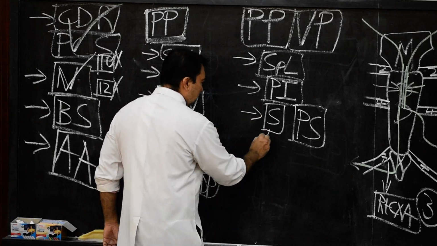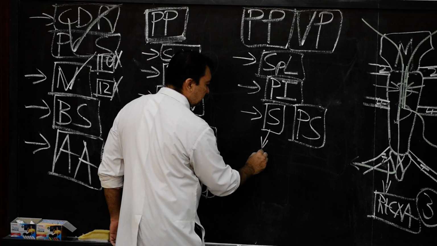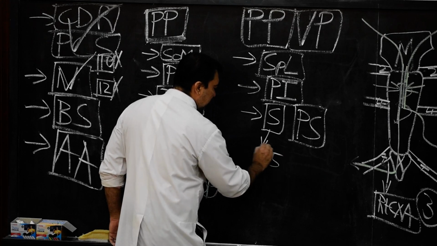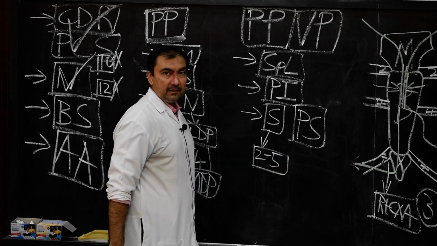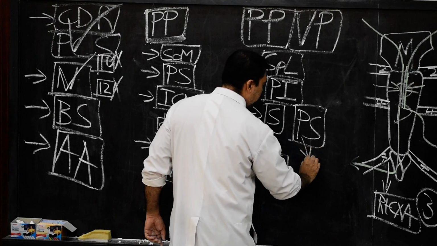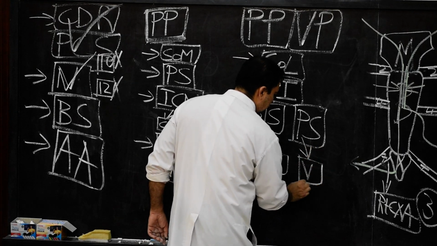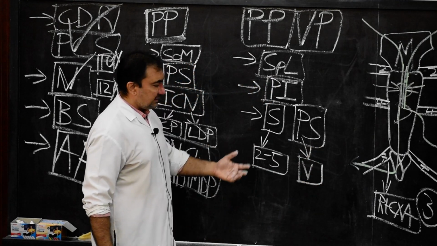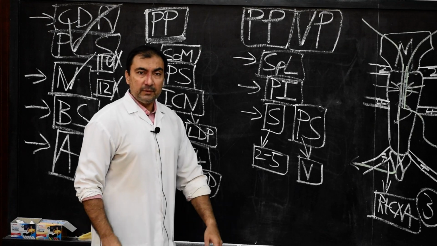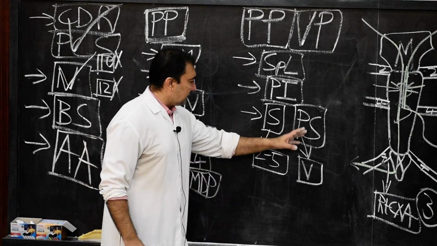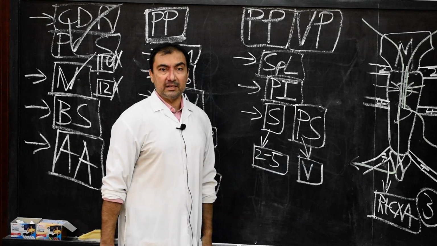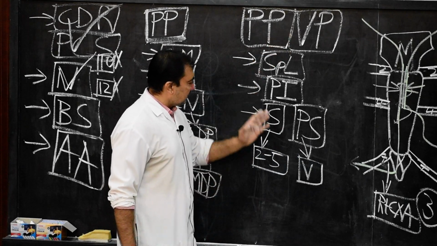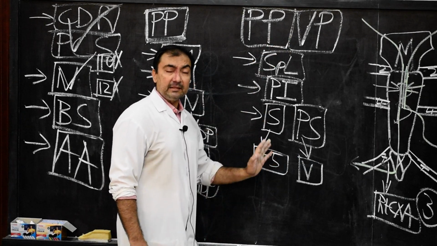Sympathetic nerve will be from the second to fifth sympathetic ganglia, and parasympathetic nerve will be from the vagus nerve. And what will sympathetic do? The sympathetic nerve will dilate the bronchi and parasympathetic will narrow the bronchi. So for pulmonary pleura, the nerve supply will be autonomic nerves, sympathetic and parasympathetic.